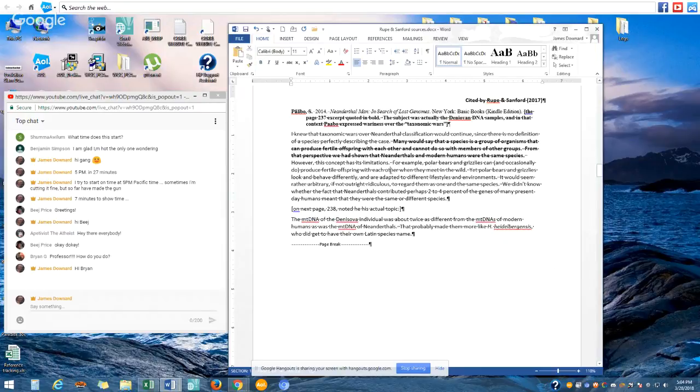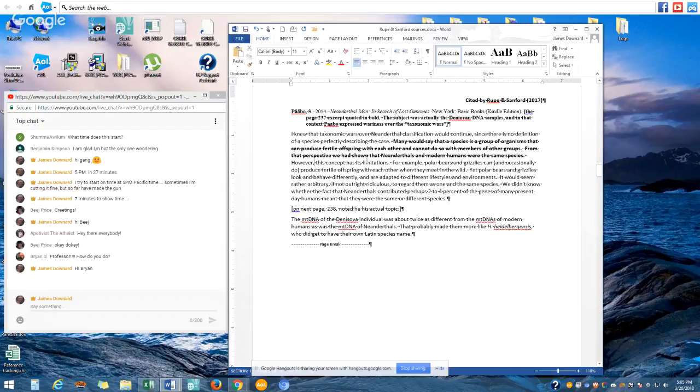Well, I wanted to find out what it was in context. And what they were doing is trying to imply that Neanderthals are just normal run-of-the-mill human beings, and the science has now come around, because they've been interbreeding with humans, so they must ergo be actual human beings, and they're just the same species. So they quoted this little snippet here: Many would say that a species is a group of organisms that can produce fertile offspring. From that perspective, we had shown that Neanderthals and modern humans were the same species. What they didn't do, or more precisely Rupe, because apparently he was the guy that did all the source material,